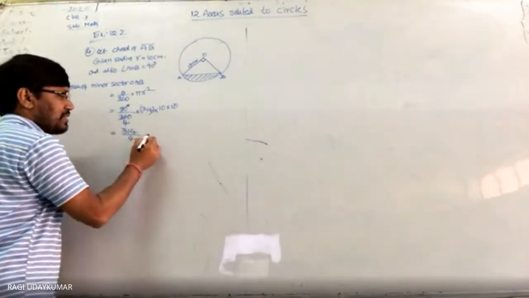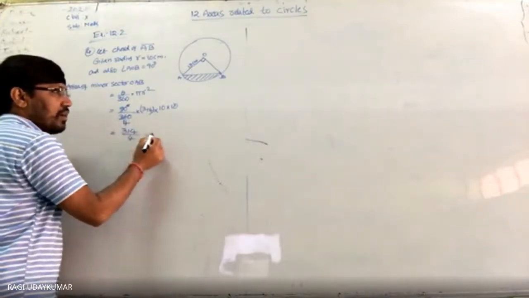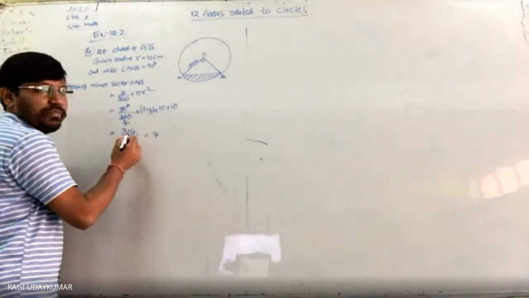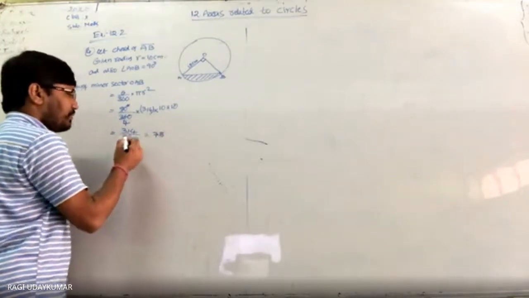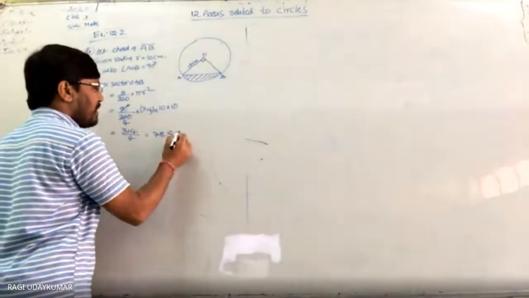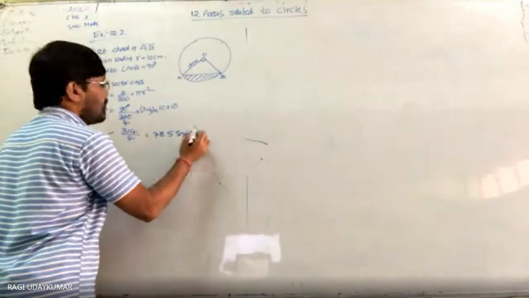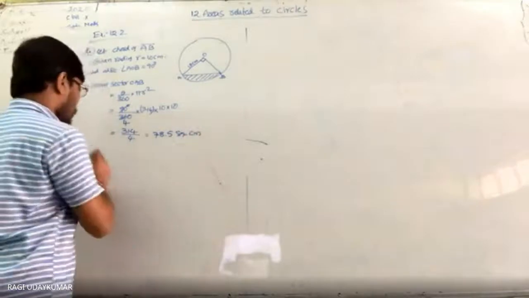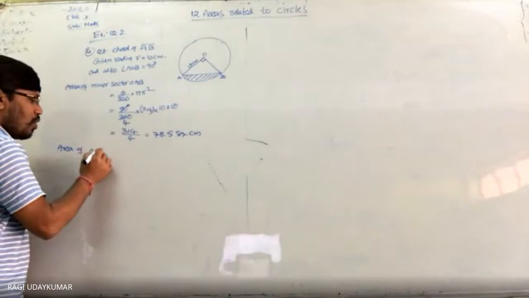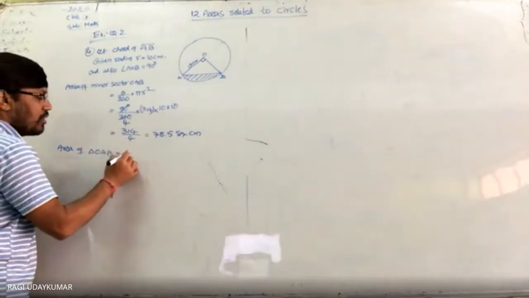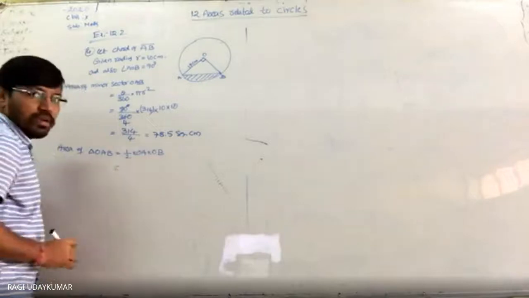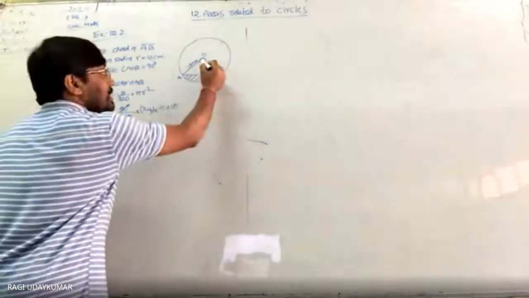Decimals can be expressed as 4 7s are 28, 34, 4 8s are 32, 20, 78.5 square centimeters, as it is given to me. Now what to do here? Area of triangle OAB is equal to half into OA into OB. Always not, as it is 90 degrees. Here it is 90 degrees.